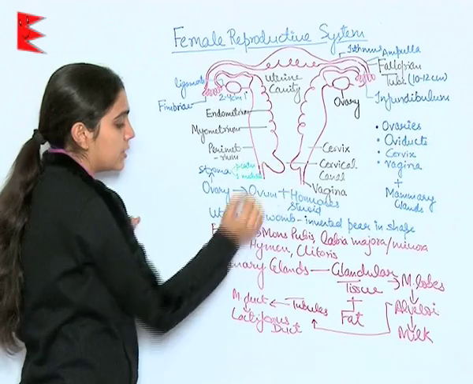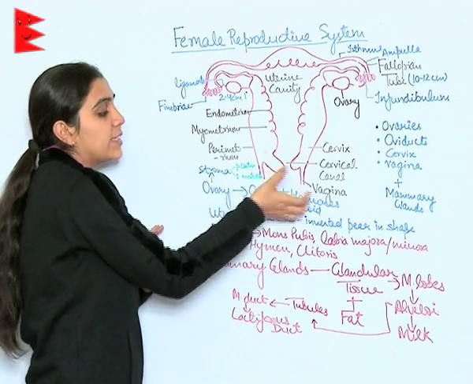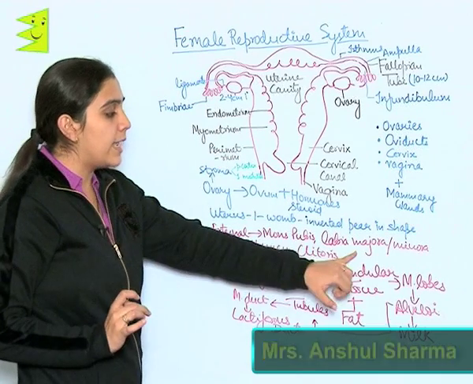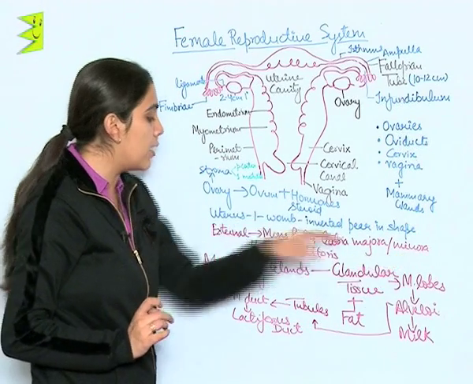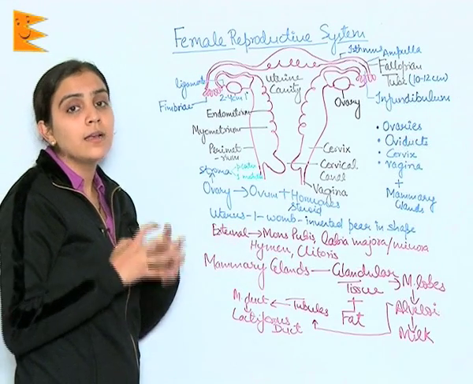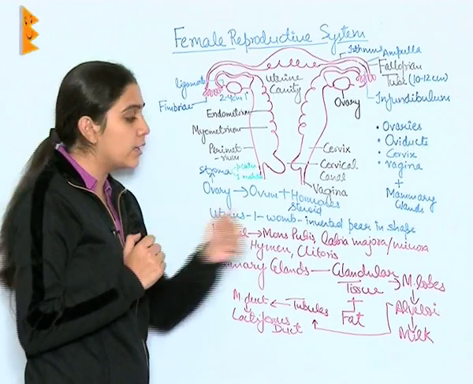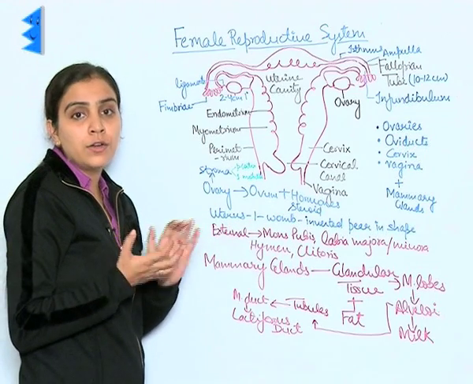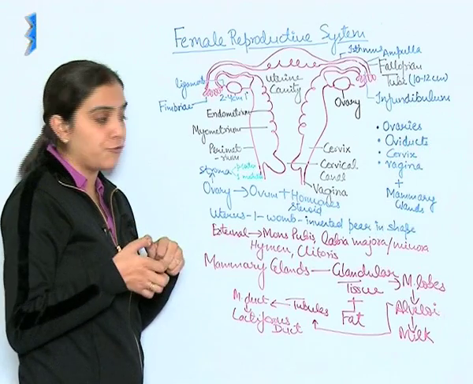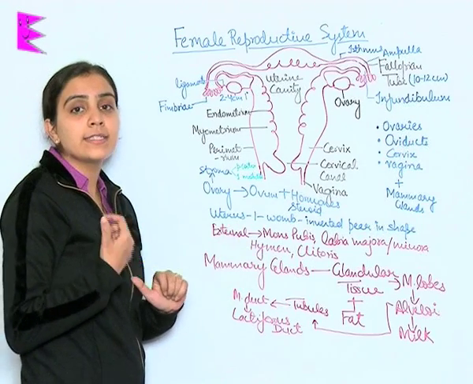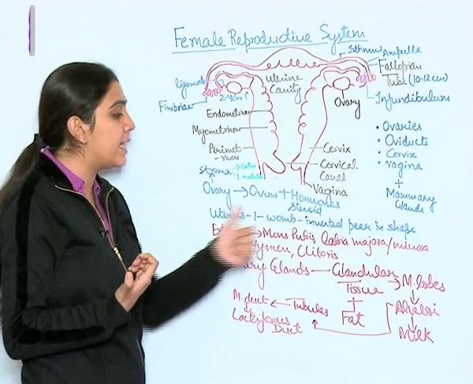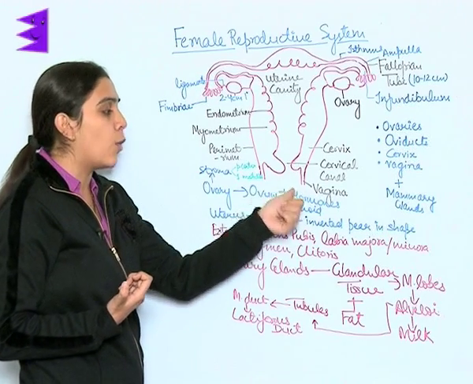female reproductive system. Now, let us understand the external. The external part consists of mons pubis, labia majora, labia minora, hymen and clitoris. This mons pubis is nothing but a cushiony fatty covering. Labia majora is the outer two folds over the vagina and labia minora is the internal fold. Hymen is an external covering of cells present over the vaginal opening.